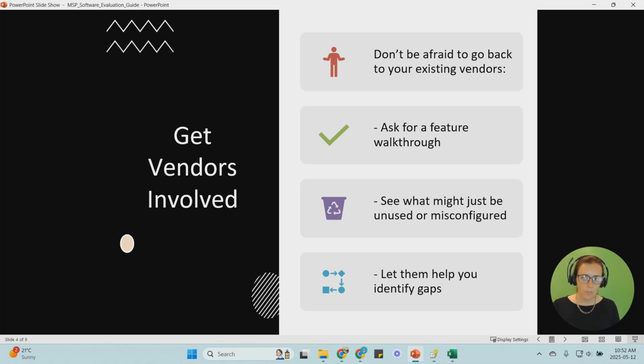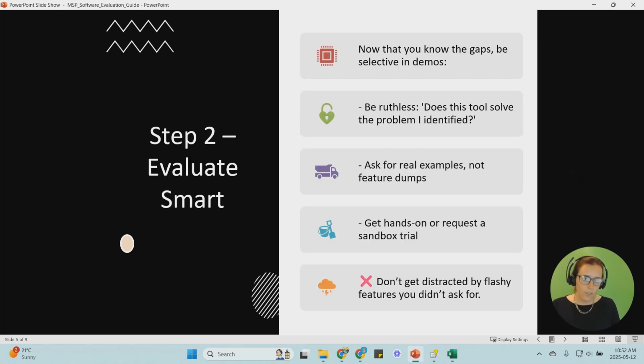You're not sitting through a brand new sales demo. Those tend to be very general and high level. If you set the agenda with something specific, you're more than likely going to be able to find out if the software you have can or cannot do this. If you go through that and you find out, yep, there's no way that our current system is going to be able to do this, we are going to go externally.